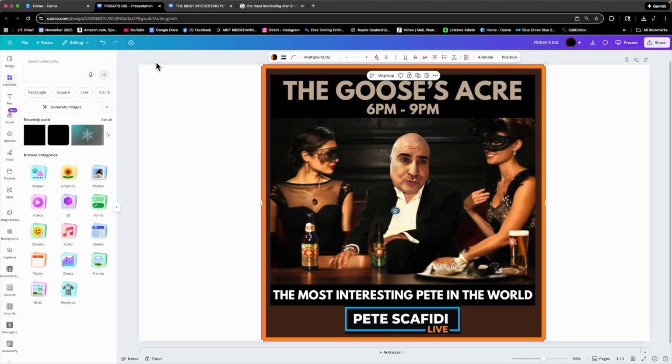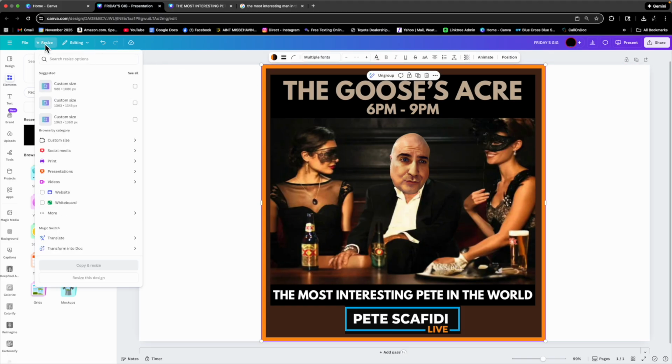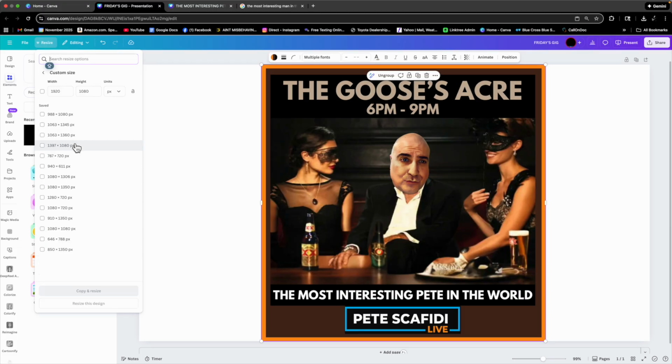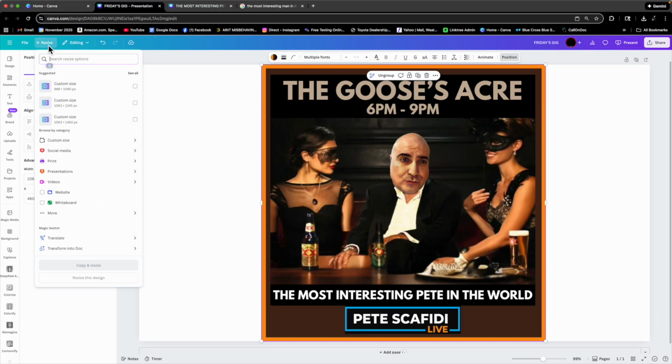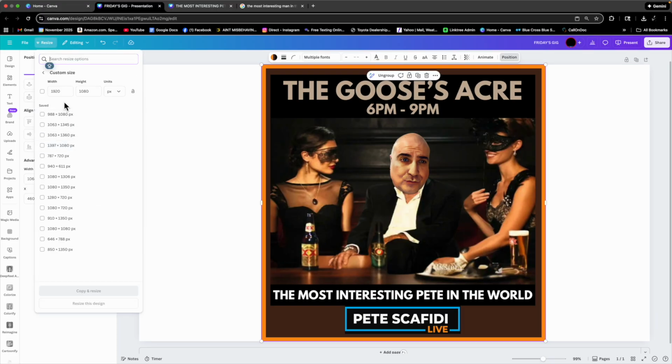So go over to the left side where you see resize. And you can put a custom size in there. And if you're not sure what size it is, click on position, and it'll show you right here 1068, because it doesn't round up or down. You need to put in a whole number whenever you put the custom size. 1068, 1080. That's what we need to do. So resize, custom size,